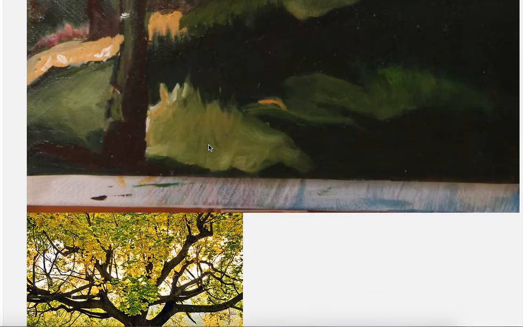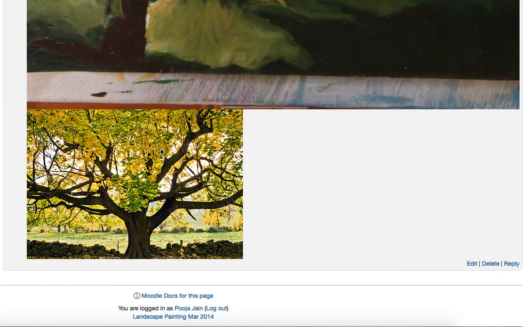Now let's look at your reference first. So you chose this reference to paint. It has one tree which is standing right in the center of the composition, and there are stones, then there is a ground and back, and then there is sky. The leaves are of, I could see, around 4 to 5 different values.